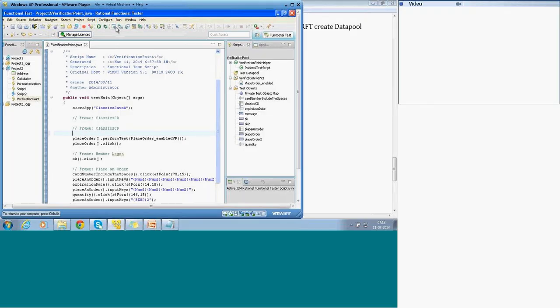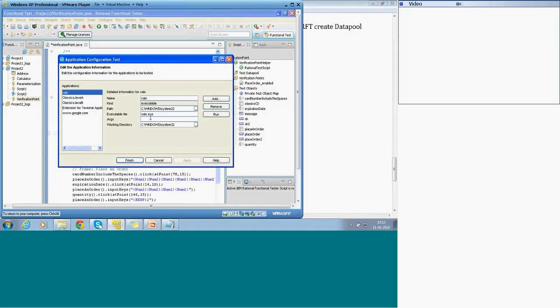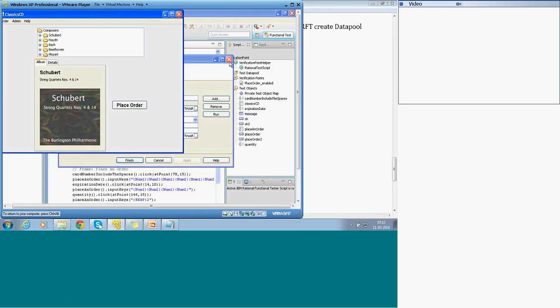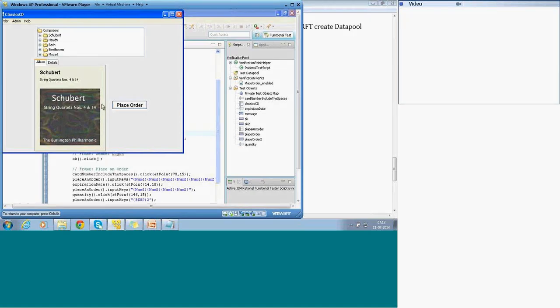I open the application using the configure window. I open the application. Now, generally the very difficult thing is the landing page. Whenever